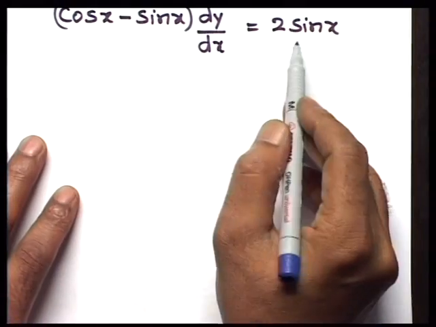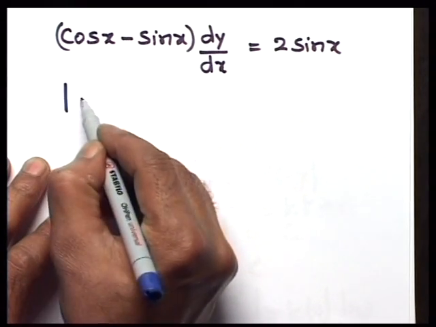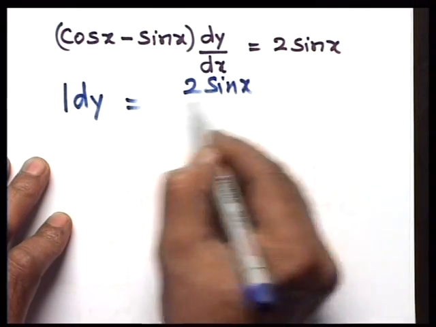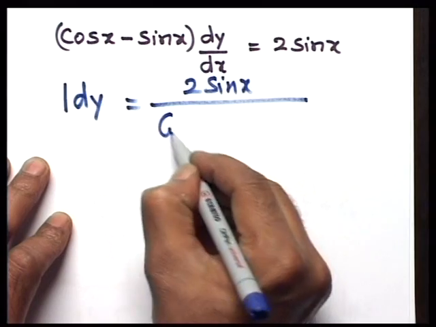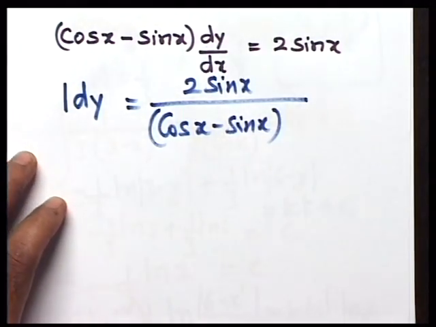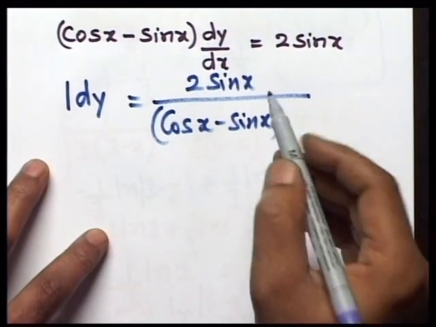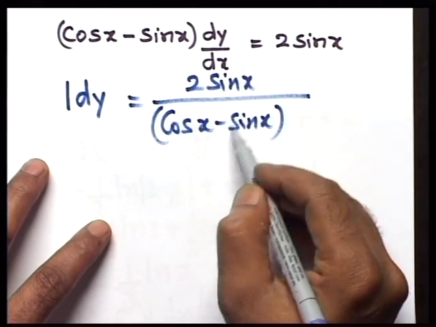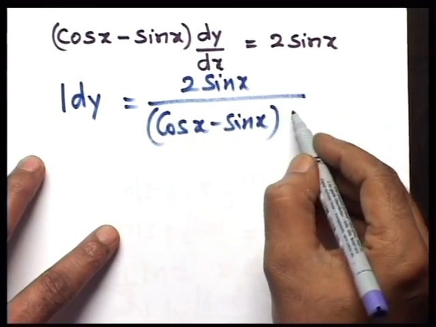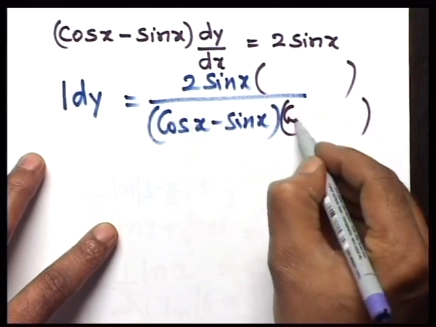Transfer the x's to the right hand side. Let's keep dy. So that's 1 dy equals 2 sin x divided by cos x minus sin x. Right, people, there is nothing we can do, I think, with this. Absolutely nothing, it looks like. Substitution method, no. What we do is, let's multiply both numerator and denominator by cos x plus sin x and